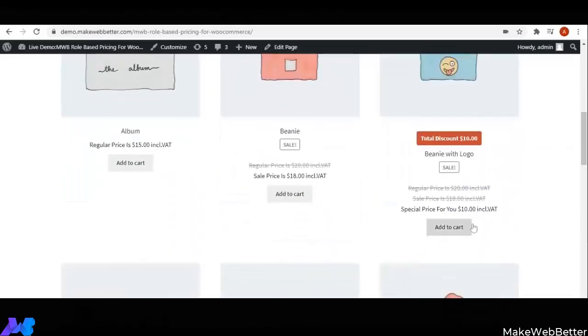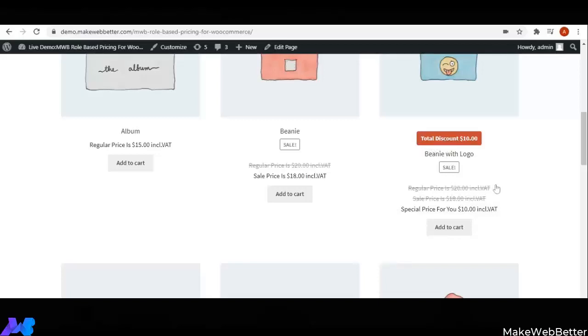So as you can see, the text customization that we have done is also coming here. The text we have entered, like regular price, sales price and a special price for you, is coming here, and the discount that we have selected is also coming here.